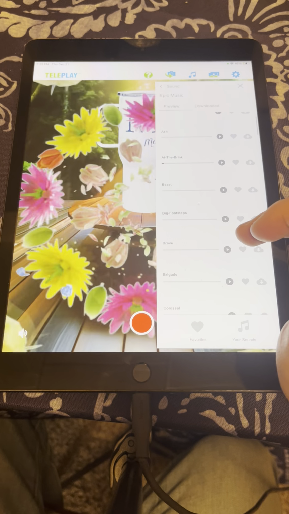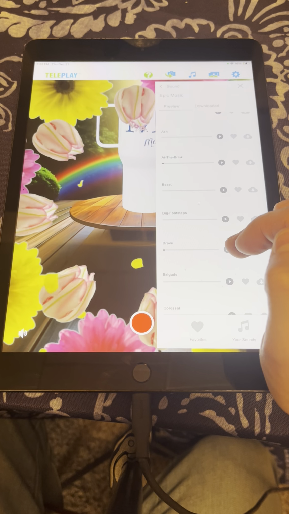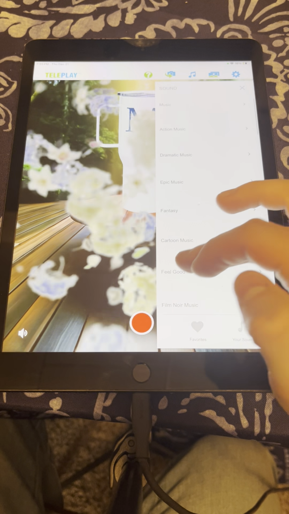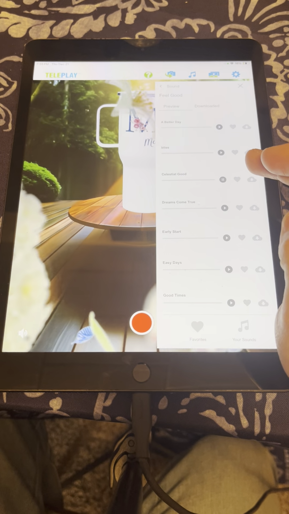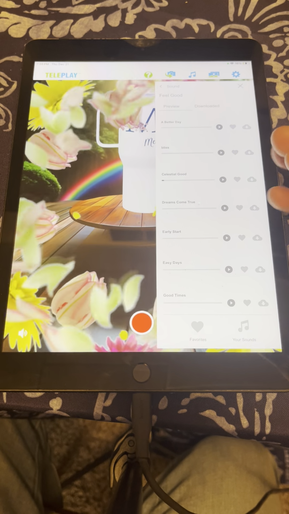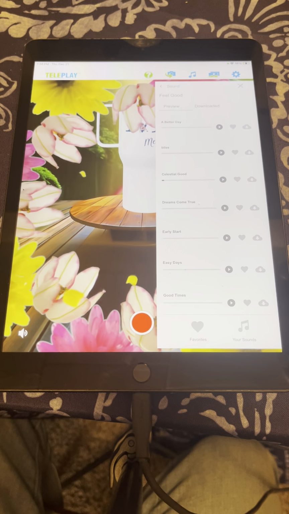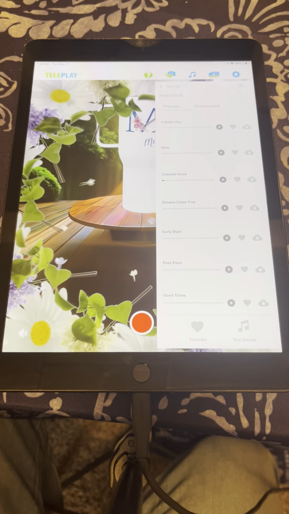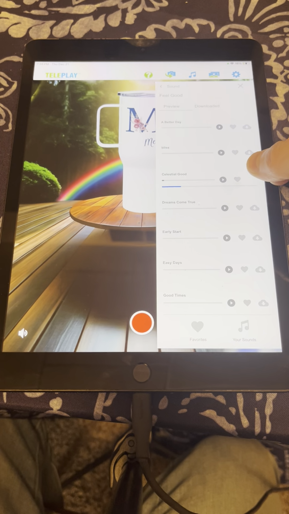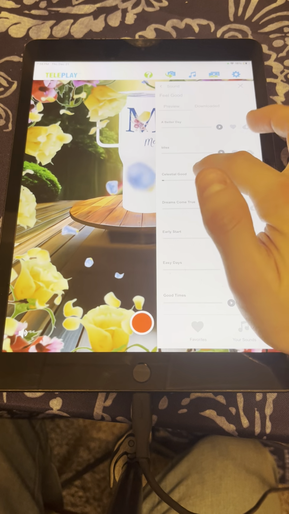Okay, what if we do this one? I mean, this is just kind of too much. What if we do feel good? Okay, let's just pretend we like that one. So the way to use this music is to, number one, download it. Okay, sorry, it's not clicking. Okay, and then tap it